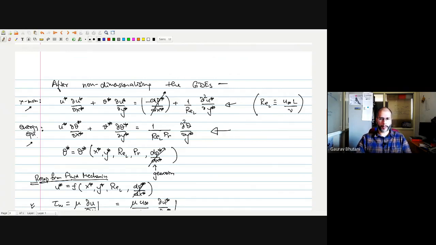So for this flat plate situation, we'll assume that the equations can be decoupled, and then we'll solve the energy equation, because we already have learned how to solve the x momentum equation in our fluid mechanics course. So here we'll be solving the energy equation, assuming that u star and v star are given to us from our fluid mechanics. Then we will obtain a solution for theta star, and then we'll use that solution to find the value of the heat transfer coefficient and the Nusselt number for the flat plate situations. Okay, so this is going to be the discussion for the next lecture.